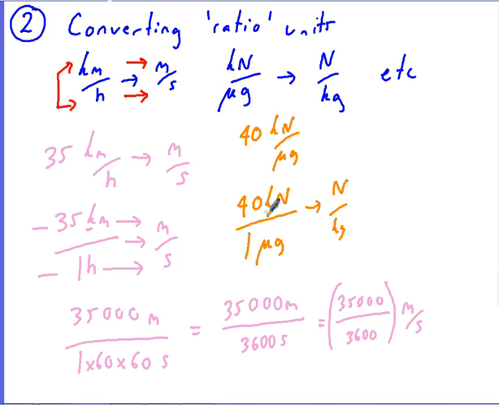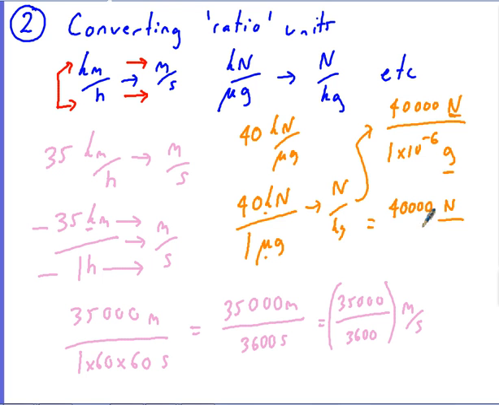First thing I've got to do is replace the kilo and the micro. So that's just going to become 40,000 newtons over 1 times 10 to the minus 6 grams. I've got the newtons right, now I've just got to convert the grams into kilograms. So all I'm going to be doing is dividing by 1,000 again. So that's just going to become